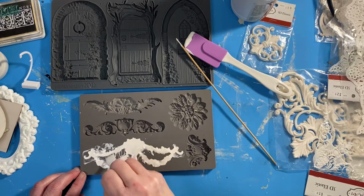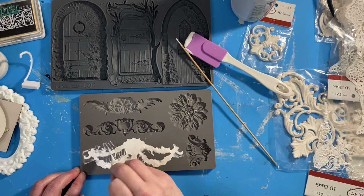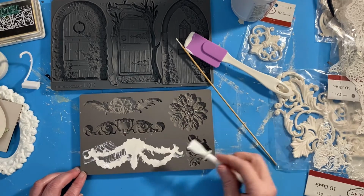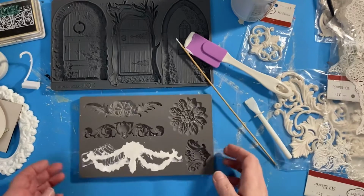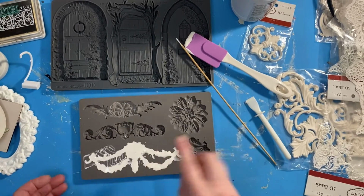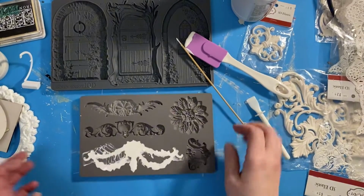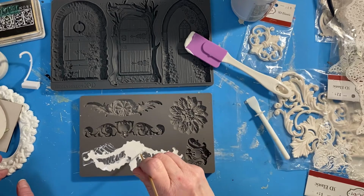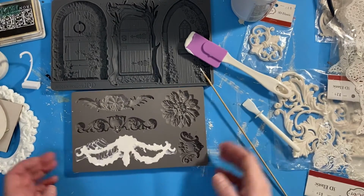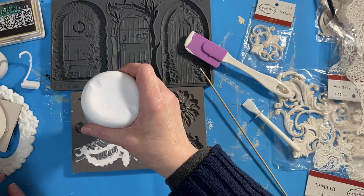So what I'm doing here is I have a little paste scraper. It's a little bit firmer. I'm just going around and making sure that the product is all in those areas, and then give it a couple taps again, just like you're doing when you're doing chocolate, different things like that. Give it a couple taps to make sure the product is down in, and then you're going to set it off to the side to dry. And so you can see here I'm just working that, and then I'm going to go ahead and do the next little label above that. I love this mold,